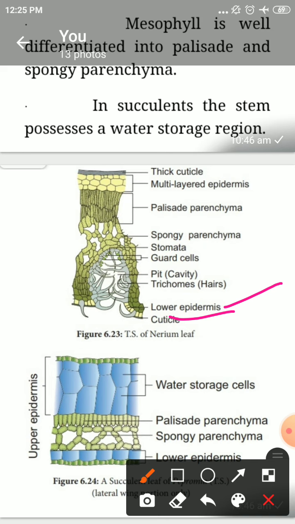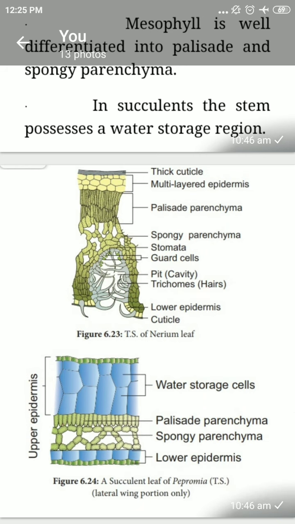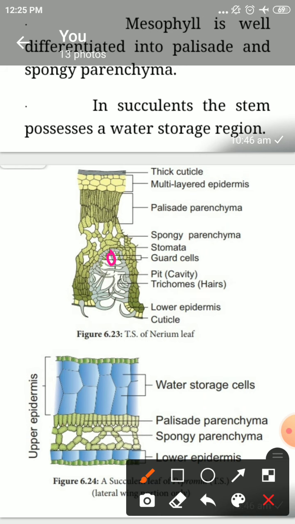The stomata are present in the lower epidermis. This is a lower epidermis and stomata are present over here. Epidermis is like this. This is a cavity, and stomata is present over here. This is a stomata. Such stomata is called sunken stomata, present in the depressions,